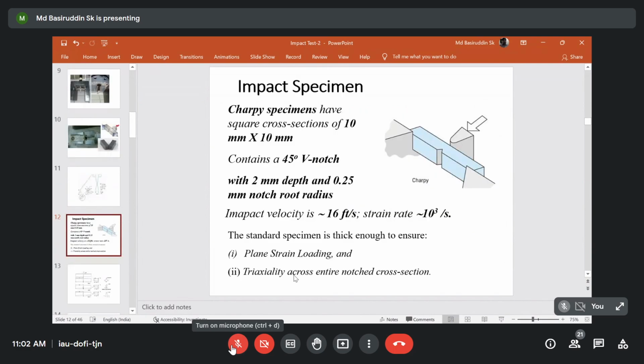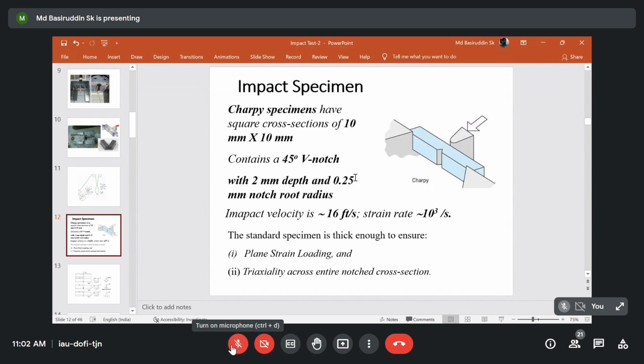Now, coming to the fabrication of the samples. Generally in impact testing, the specimen is fabricated with a cross-sectional area of 10 cross 10, and the notch is a V notch with an angle of 45 degrees. The notch depth is generally maintained at 2 mm, and the notch root radius is generally 0.25 mm. This is one sort of condition, but there are other conditions where the severity increases significantly. How does this happen? If we reduce the tip radius,